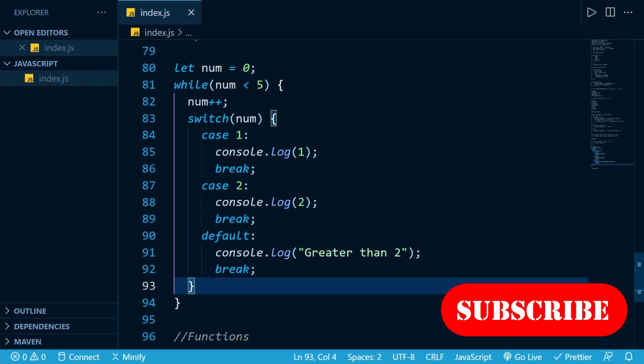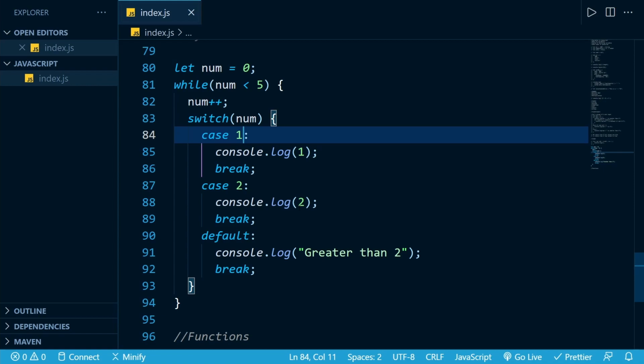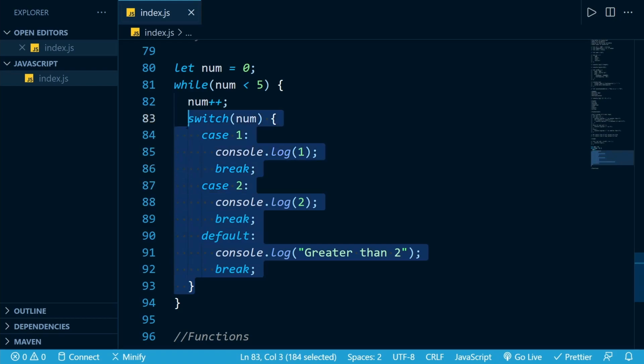But if we want to check a particular case, that if our number is 1, 2, or some exact value, switch cases are the better conditional statements here, for performance reasons. Nowadays all the PCs and everything is super fast, but still you may want to use this. So this is also one option. Some people do not use this. You can definitely use if conditions instead of switch, but it's nice to know this is one of the features of the language, and it's available in many other languages as well.